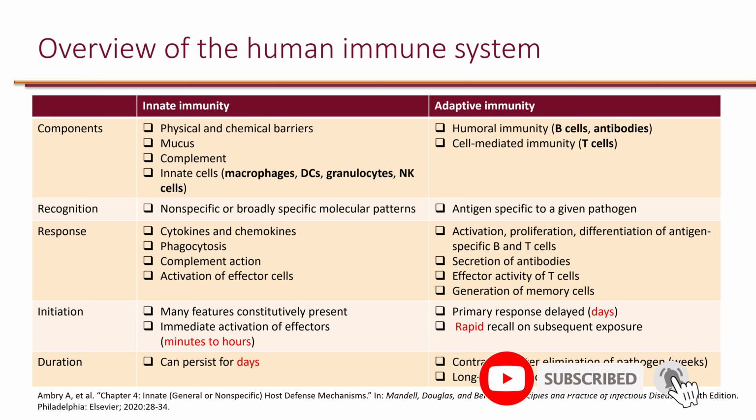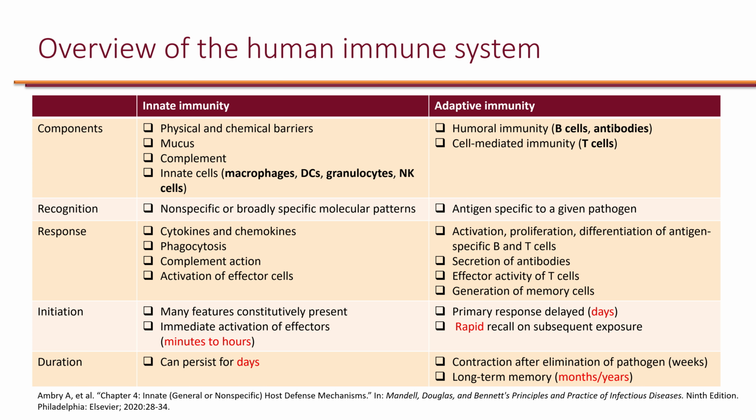Here's an overview of the human immune system. We can think of the immune system as innate immunity and adaptive immunity. The components of innate immunity include physical and chemical barriers. So physical, you can think of the skin, which basically prevents pathogens from entering the body. And chemical barriers, you can think of components of the saliva, and perhaps most importantly, the gastric acids that basically